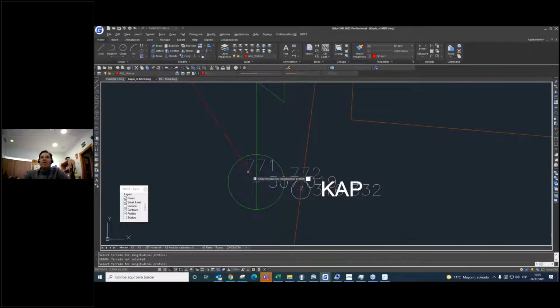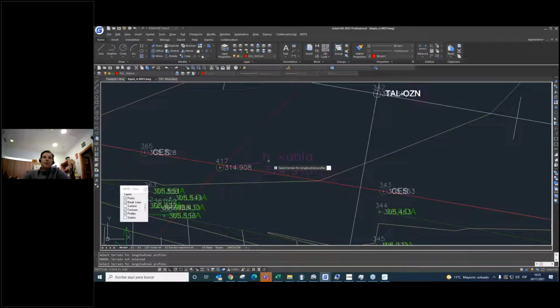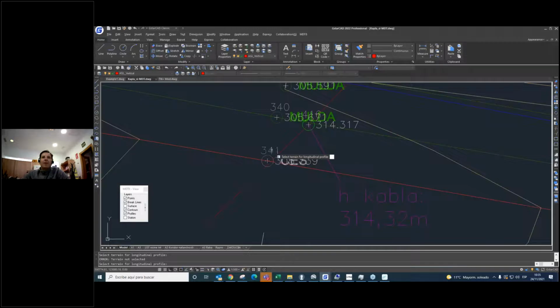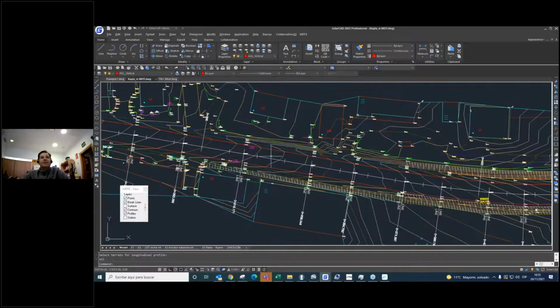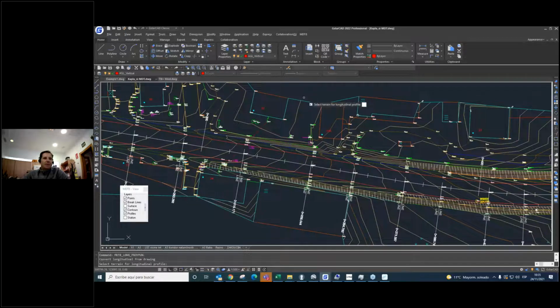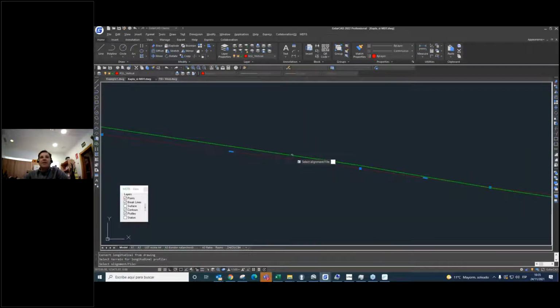I'm going to use this point. For example, here there is 2. This point 2. Okay, here is. Sorry, I have not selected the terrain. Select the horizontal line. I didn't follow the instruction.